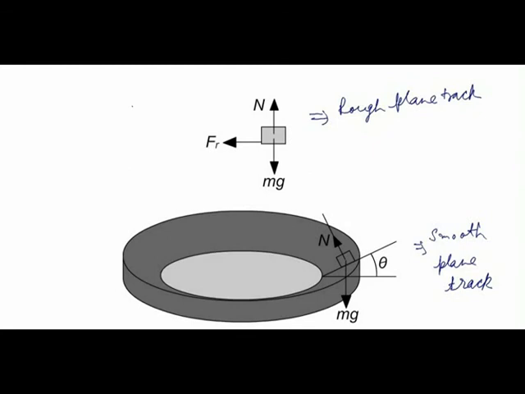Suppose there is an object which is moving in a circular path, and the track on which it is moving is rough and it is a plane track, that is, the track is not banked. Suppose the object is at some point A. This is our object. At any given point the forces acting on the object are its weight mg, the normal reaction from the track, and the friction force since the track is rough. So the friction force is the force